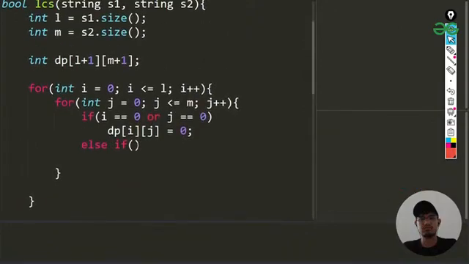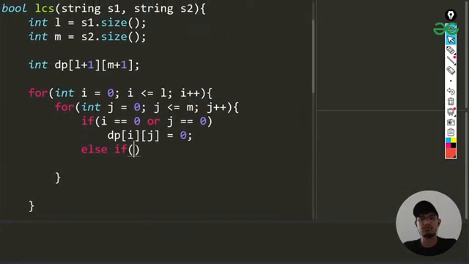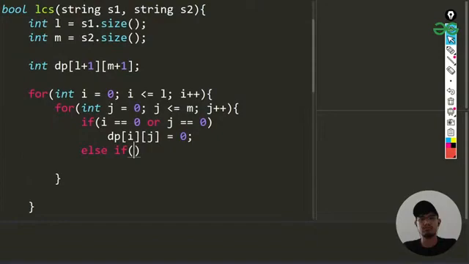So here we are again doing the same thing. We have s1 and we'll be doing s1 of i equals to s2 of j. When this condition is met, if they are matching, then I'll just be doing something like this.